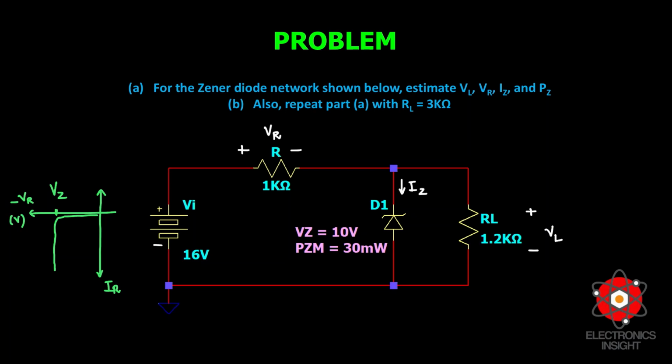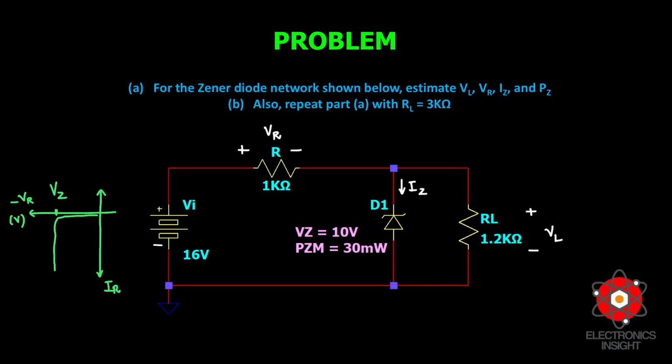Now let us read the problem statement. For the Zener diode network shown below, we need to estimate the voltage across the load resistance, VL, and VR, which is the voltage across the 1 kilo ohm resistance, the current through this Zener diode, IZ, and PZ, which is finally the power dissipated by the Zener diode. We also need to repeat the same with RL equal to